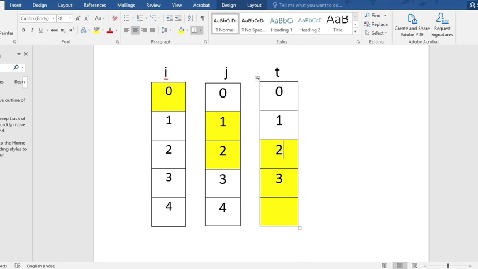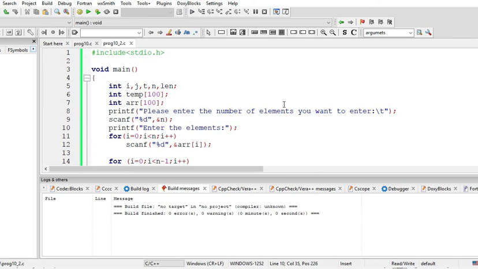Here you can see that I have taken and initialized the variables I, j, t, and n.